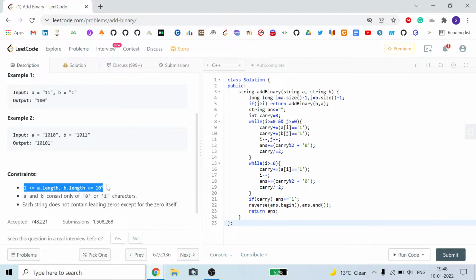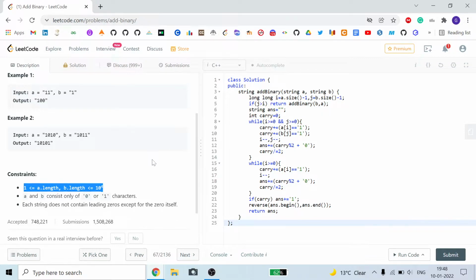So it will give you a memory limit error, because that much large number cannot be stored even in long in C++. In Java you can do it, using BigInteger, but I am solving it here in C++